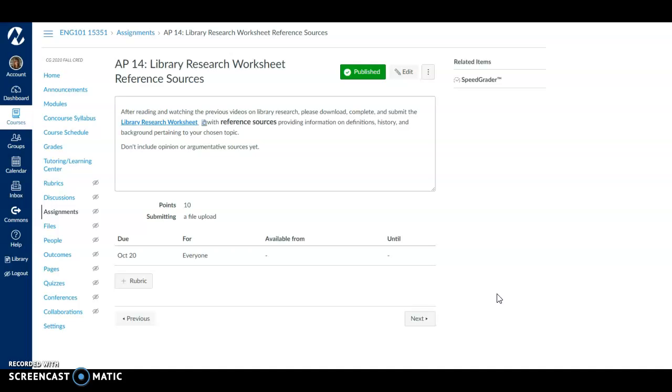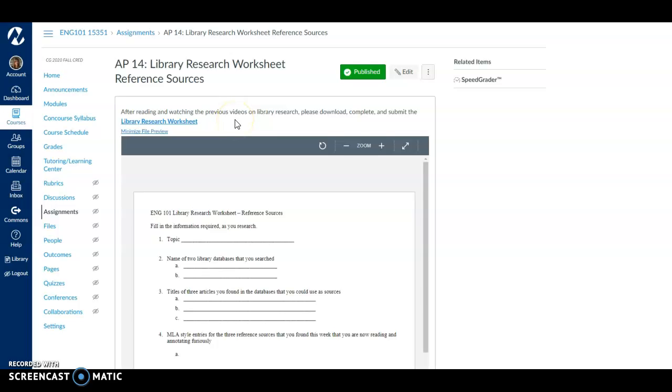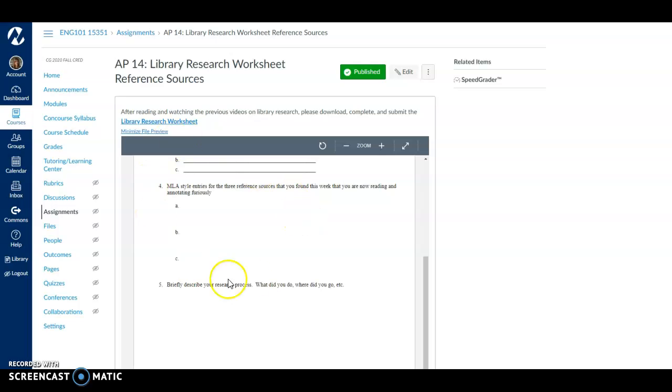And then finally, I have here, this isn't due this week, but I want you to see it this week because it's going to be due next Thursday. And there's going to be 2 of these. One's going to be for the first few reference sources, like references or encyclopedias and those online encyclopedias that offer that basic information on things. And we're going to fill this out with 3 of those sources that we find. And there'll be another one at the end of next week for the rest of the sources.